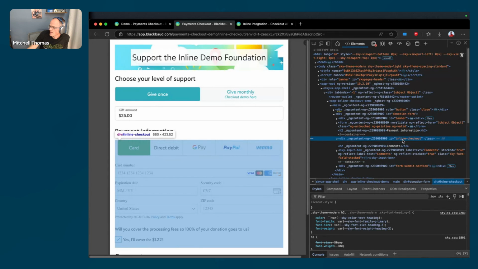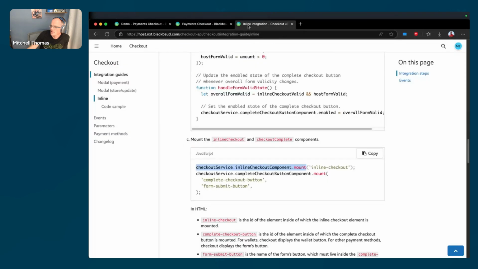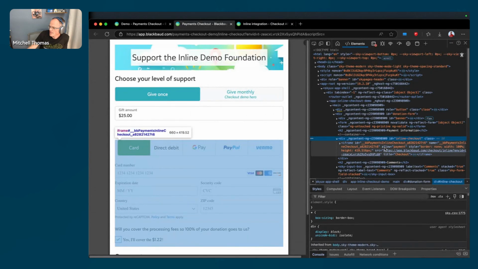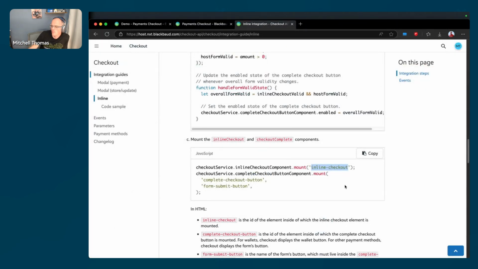So in this element that I called, I gave it the ID of inline checkout, which is consistent here. This is the element ID. This integration tells the script, put the inline checkout component in this place in my page. So it will go ahead and create the iframe. It'll connect to it. It'll pass it the configuration. It'll keep the state up to date, everything like that. So that's what, from the integration standpoint, you tell it where you want the actual payment fields, and then